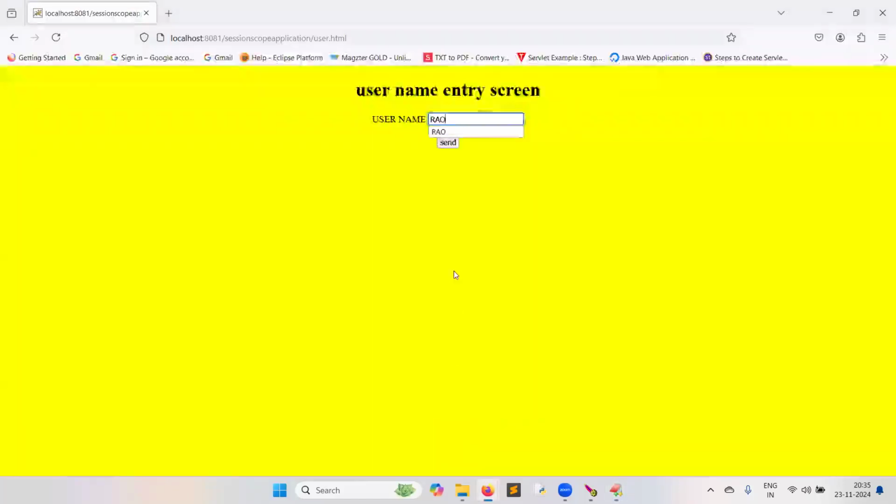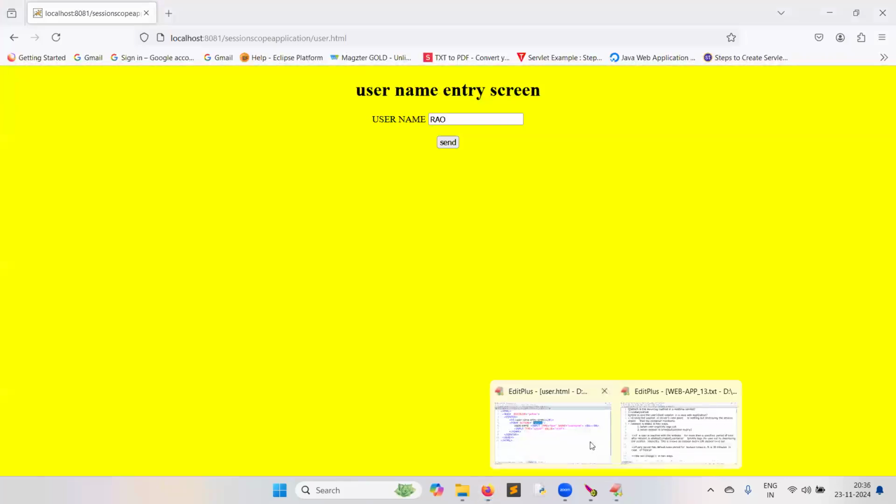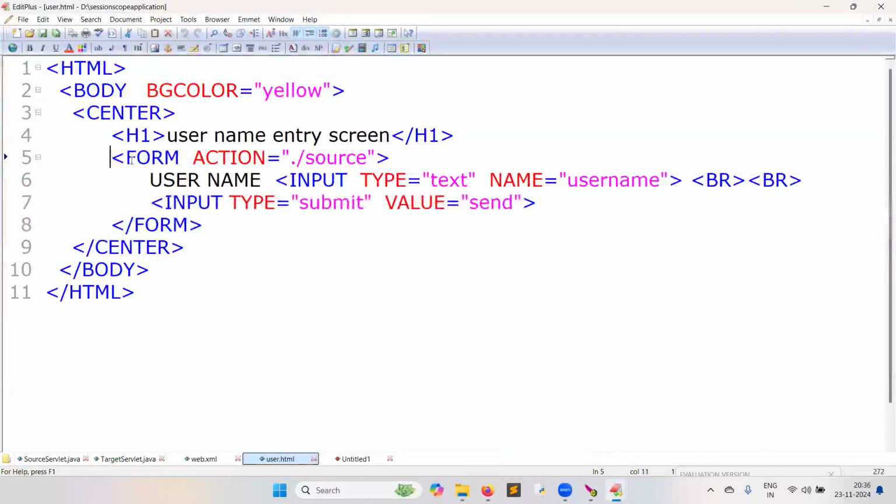If the form is submitted, control will go to whom? The source servlet. But an important observation is, in the form tag, did I mention method anything? Did I say get or post? No. If I don't mention anything, the request will be a get request.